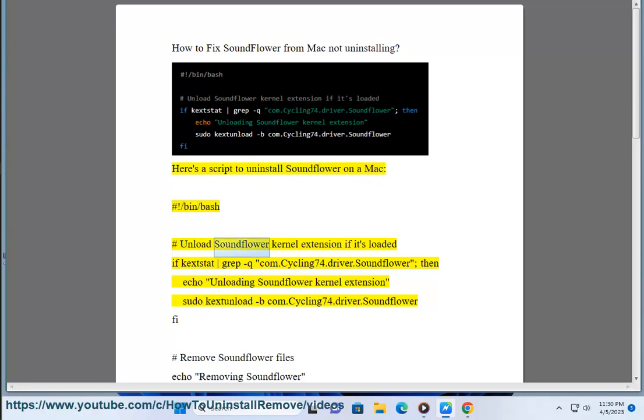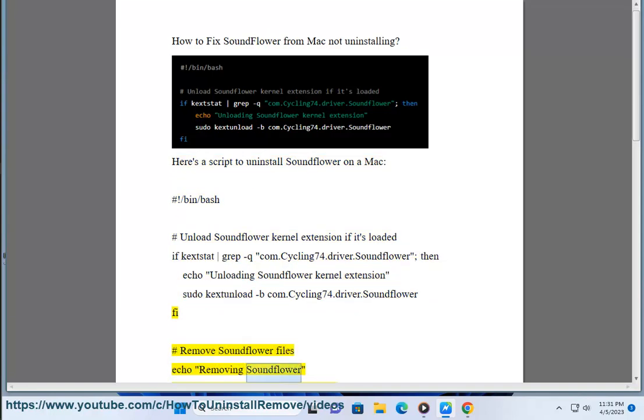#!/bin/bash # Unload Soundflower kernel extension if it's loaded. if kextstat | grep com.cycling74.driver.Soundflower; then echo "Unloading Soundflower kernel extension" sudo kextunload com.cycling74.driver.Soundflower. fi # Remove Soundflower files echo "Removing Soundflower" sudo